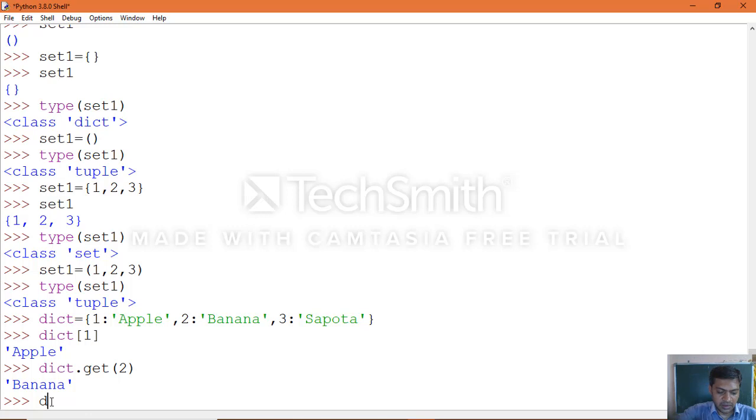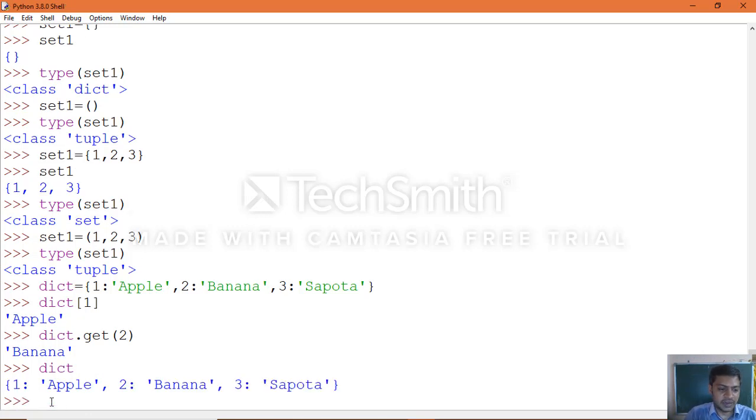Suppose if you apply the direct dictionary variable name, all the data will be given as an output. So that is how. Same way, in a dictionary you can specify all the different kinds of data.